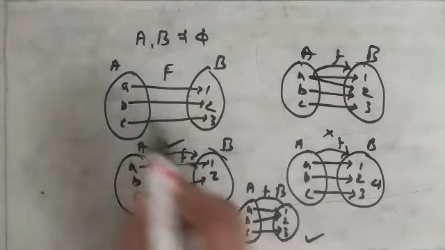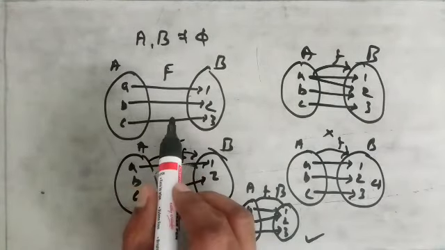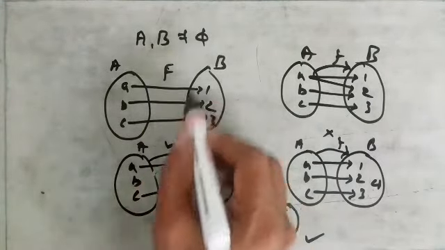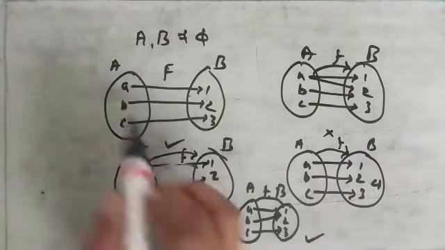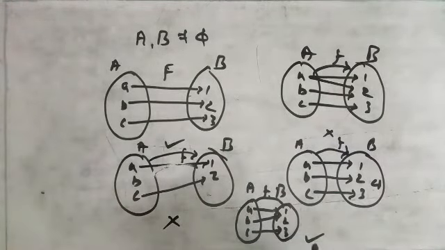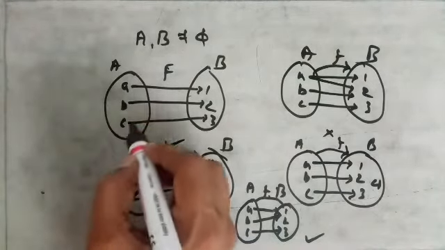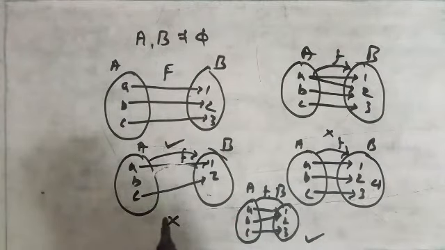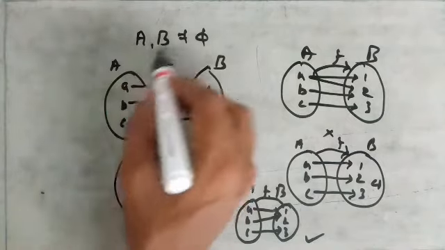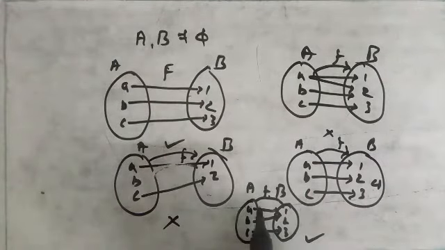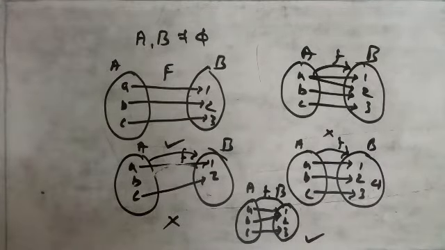So remember this definition of a function. A relation which associates every element of A with a unique element of B is said to be a function. In other words, every element of A is the first member of a unique ordered pair of relation F. Then this relation is said to be a function. Clear? So remember which relation is said to be a function.